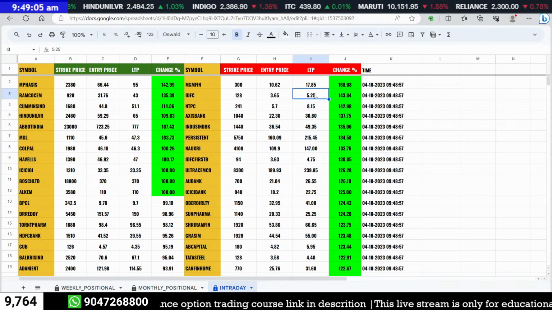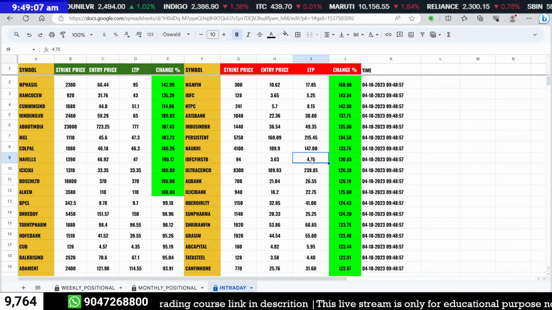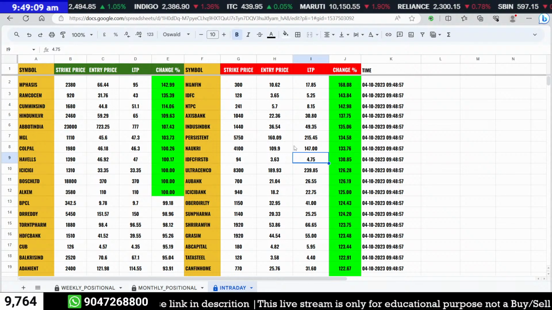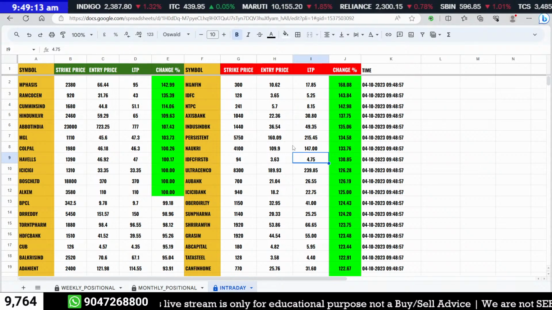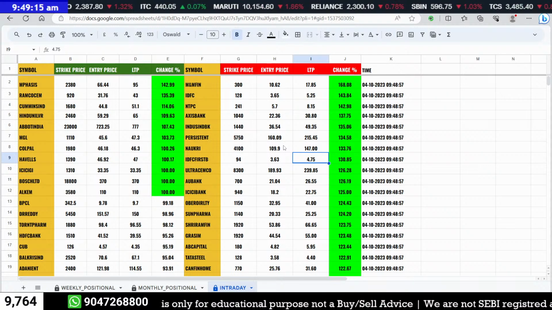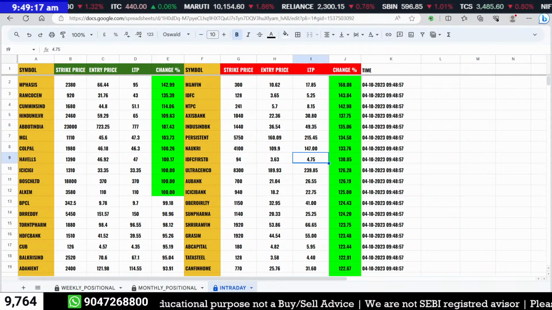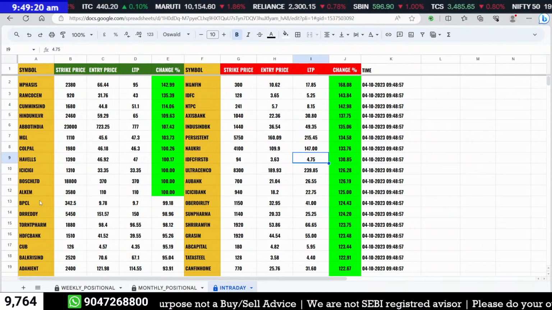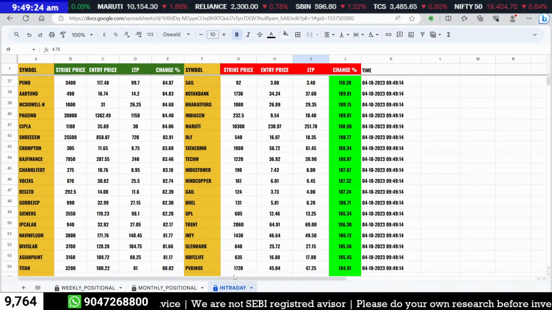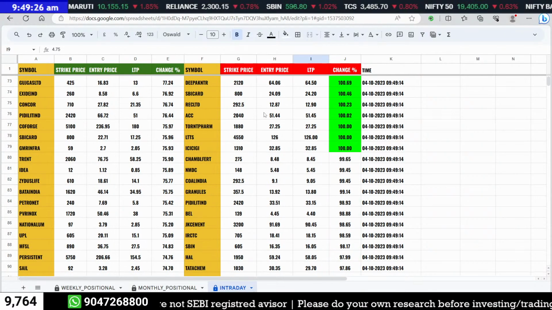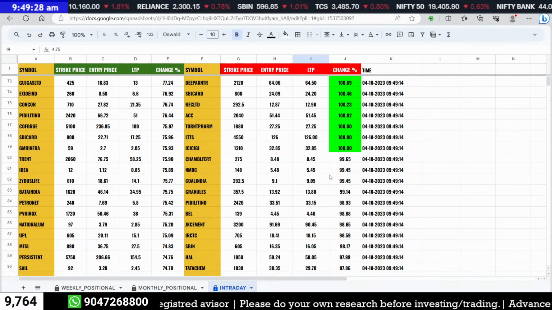Some IDFC we saw 4, 5 rupees, now 20 paisa. This is 20 paisa down. So IndusInd Bank would join in this group and Axis Bank would also be here. But if you want to focus, you can use any indicator like that, you can focus on the top stocks. And here it's the call side, left side, and so on. And if you want to find a fresh breakout, you just go below 100. So for example, NMDC,